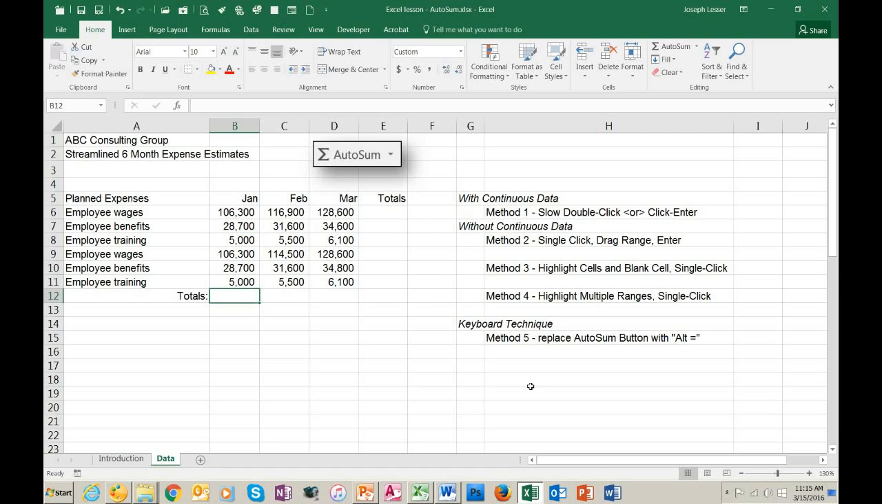And now we'll go to the last technique I want to show you. It's a keyboard technique. So instead of using the Autosum button, you could use the keyboard, and the keyboard equivalent is to hold down the Alt key and then press equal. And it works exactly the same as the Autosum button in all the previous 4 methods. So if I wanted to just put it right here, I could type Alt equal and then press the Enter